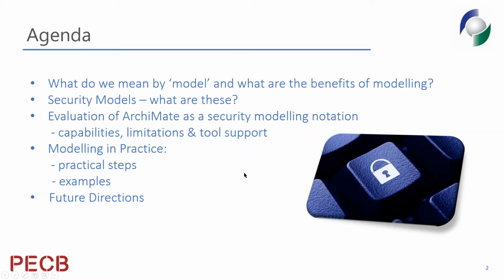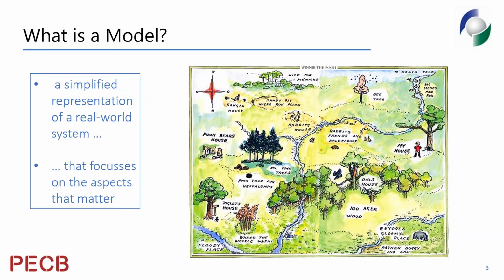So straight into that, then: what do we mean by a model, and what are the benefits of modeling? Well, models don't need to be as complicated as computer-aided design and modeling systems. We don't have to design aircraft on day one. Even something as simple as an old-fashioned map is a kind of model. If you can identify your surroundings and place them on the map, what you're presented with is a simplified representation of a real-world system. And if you can pick out the features of where you are and where you want to get to, the map basically gives you a route and sets you off in the right direction.